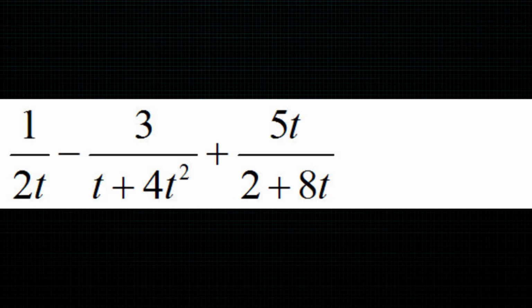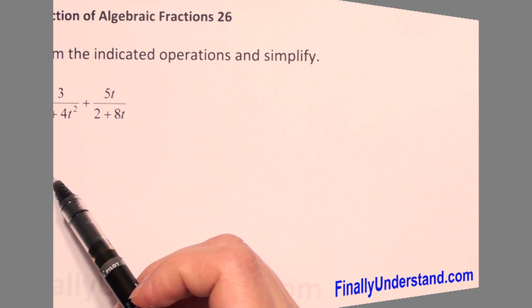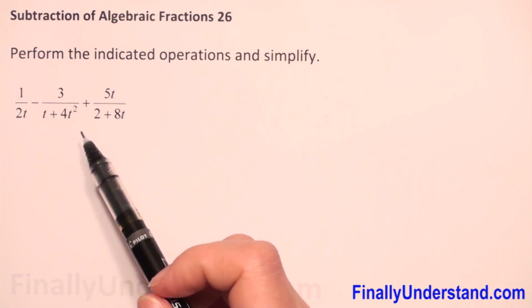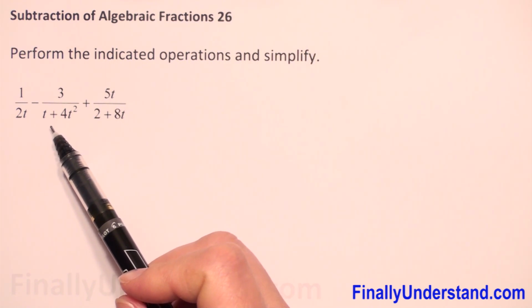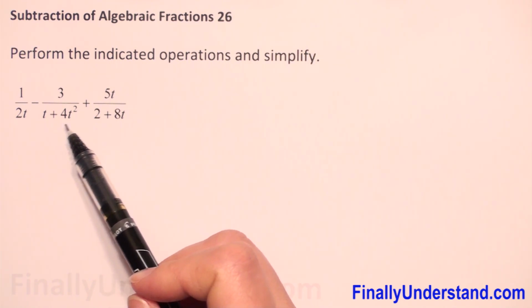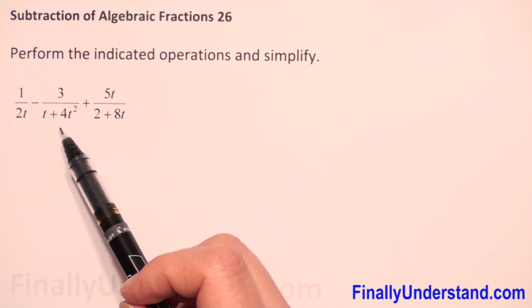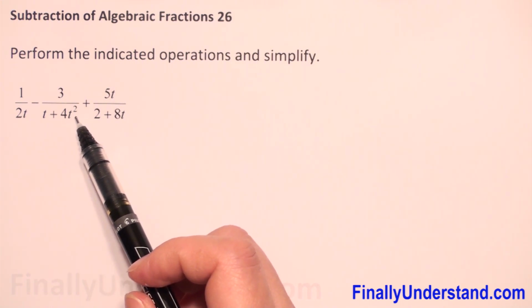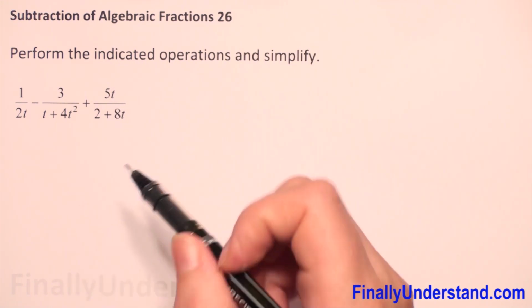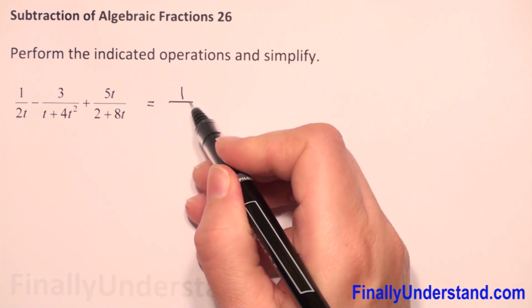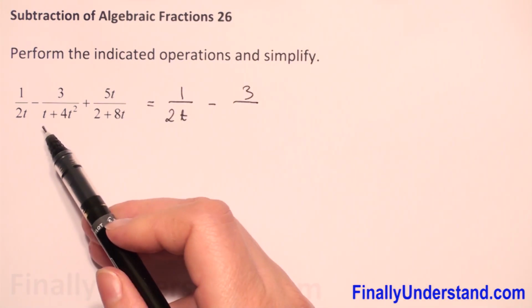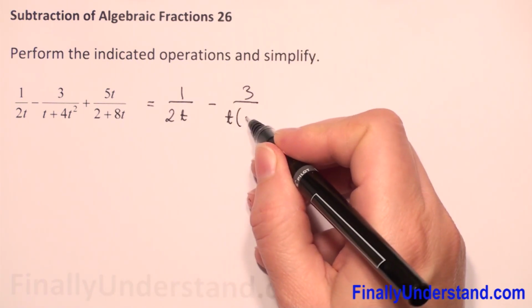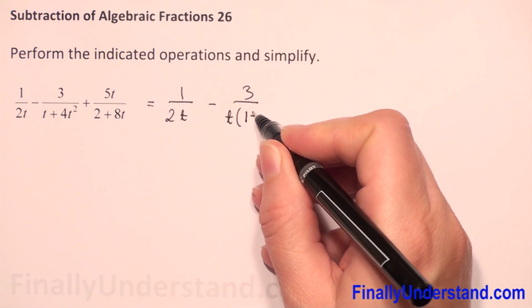We have here subtraction and addition of algebraic fractions. So first, before we find the least common denominator, the easiest way is to check if we can factorize something in the denominator. We have t and 4t squared, so we can factorize t. So the first fraction we will copy, and in the second we will factorize t, so it will be 1 plus